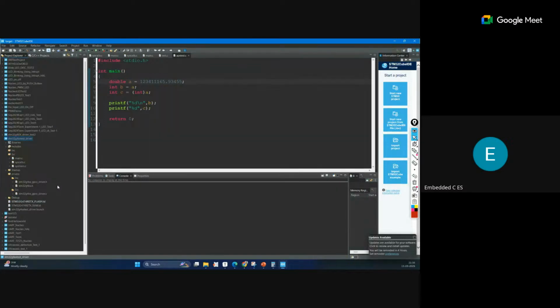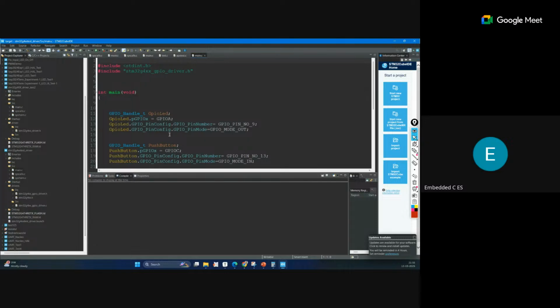Yeah, so this is the one. I think the same is in this startup, driver, include, source file. Not this. Yeah. Okay, so main.c. Let me open this.